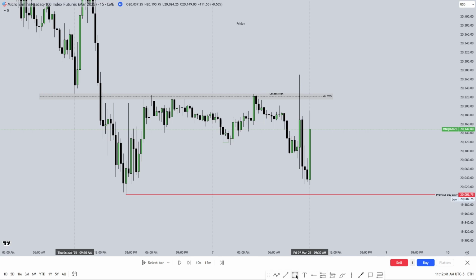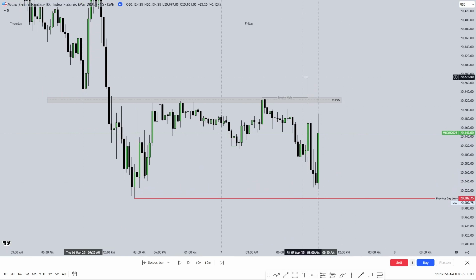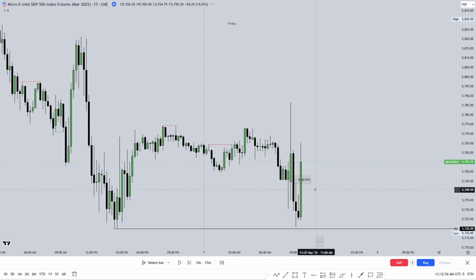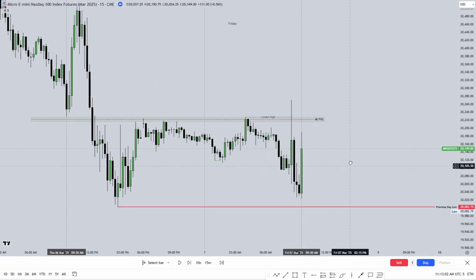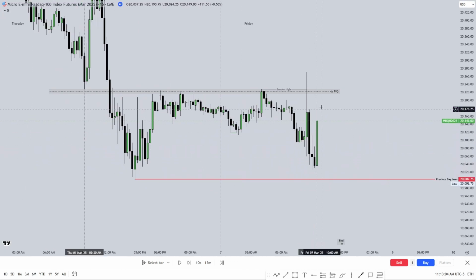If we fail to take this low on NQ and shoot up like this, but ES did take that low, then I definitely would have been bullish towards this high up here. But you can see ES did not take that low. It created almost perfectly equal lows right there. So I was still bearish at this point. I didn't want to get fooled by this big movement higher right here.